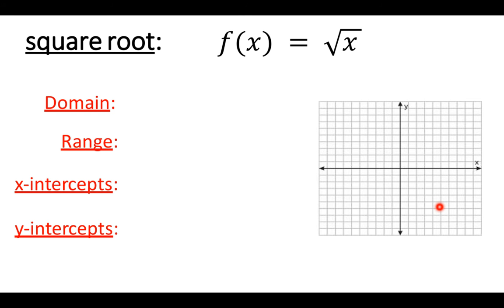So the first one we're going to talk about is the square root function. Just f of x equals the square root of x. And if you need to pause this, maybe when I'm done with this particular function, maybe pause it, write all that stuff down. But I'm going to move through each function. Again, after each function, if you want to pause it, write this slide down, and then the next one, same thing. Watch me explain it. Pause it, write it down. Might be a good idea. So the square root function,